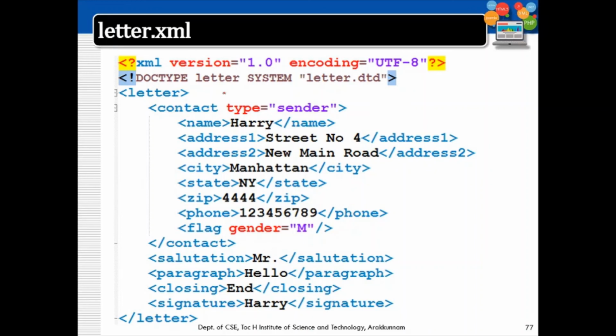General entities we use in the XML file. Parameter entities we use as shorthand within the DTD itself.